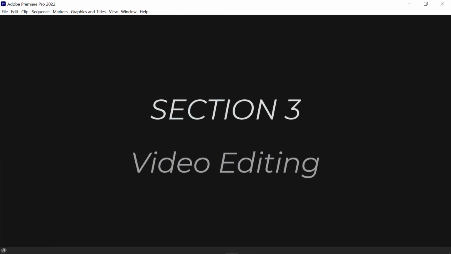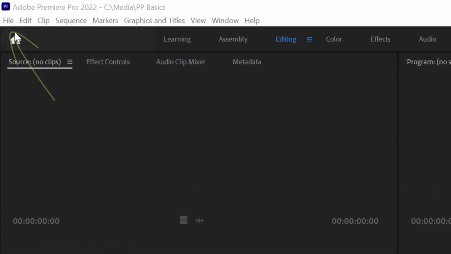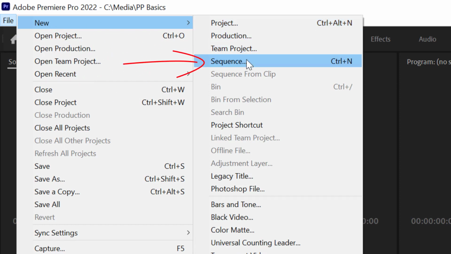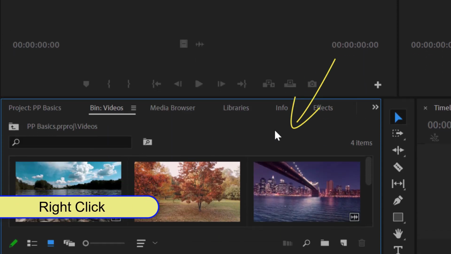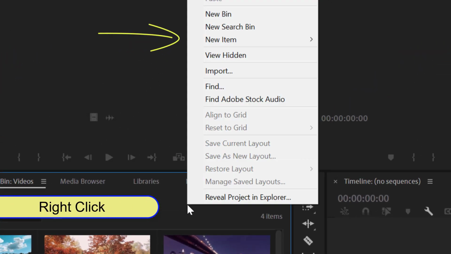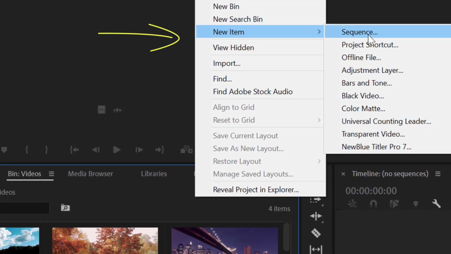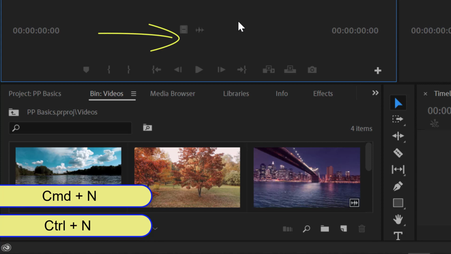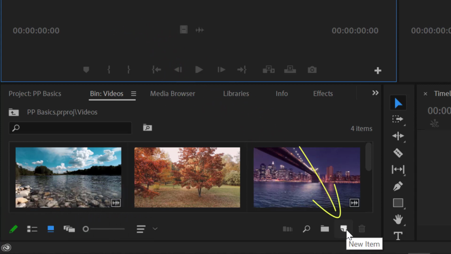Section 3. Video Editing. As mentioned earlier, you need to create a sequence before you can edit a video. And you can either click the File menu, New and Sequence, or right-click inside the Project panel, New Item, Sequence. You can also use your keyboard. Press Ctrl or Command+N, or you can click the New Item icon at the bottom right of the Project panel